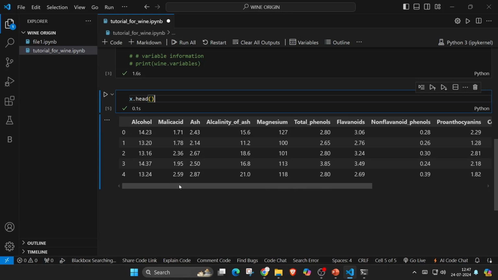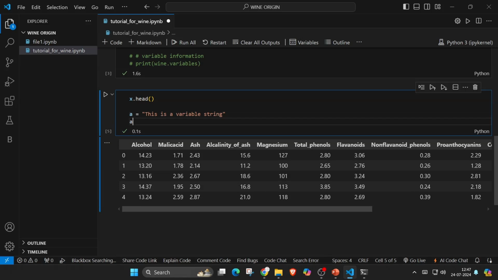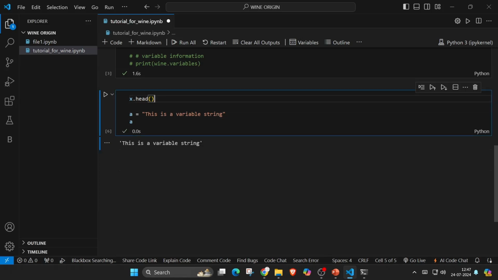So what Jupyter usually does is, if you have something that is a variable, let's say this is a variable string, then you go to the end and write it. It will not print the ones before; it will just print the last variable that is declared. So over here you don't have to write print. It will show the same output. But at least you have this easiness, this advantage that you have to just write it this way.